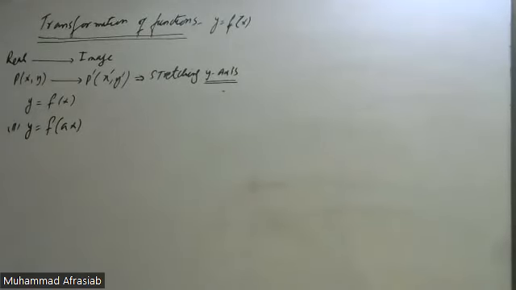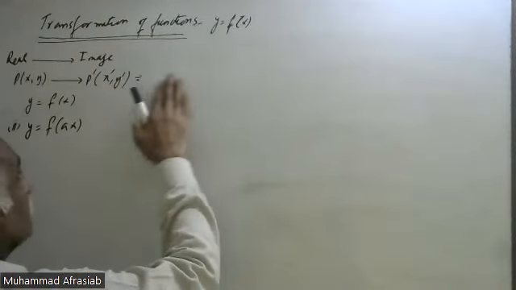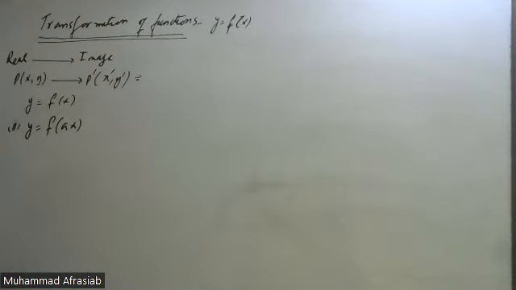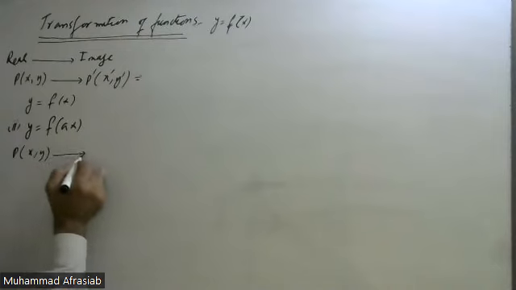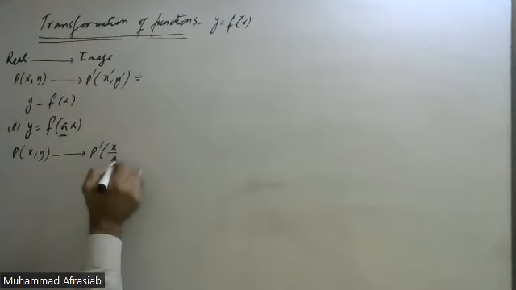Now y is equal to f of ax. So according to the topic of transformation, it will be written like this, that if the point P is xy with the a factor there,